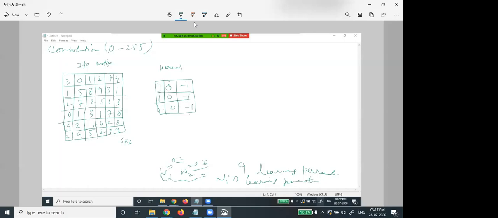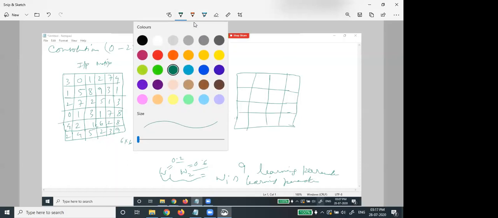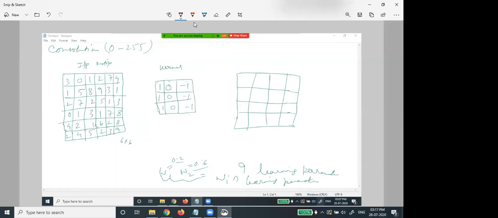We have to multiply these two things in a tricky way. What is the trick here? We will take the first 3 cross 3 portion of the input and multiply it with the kernel, then multiply and add.